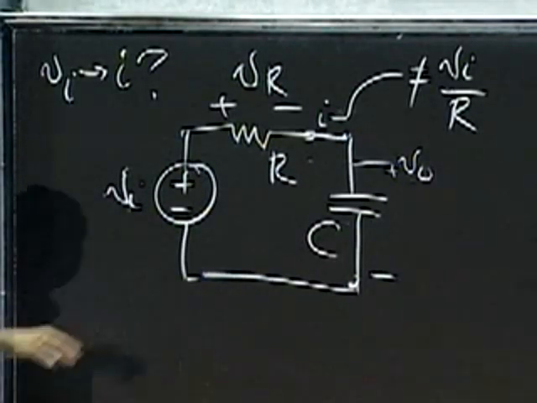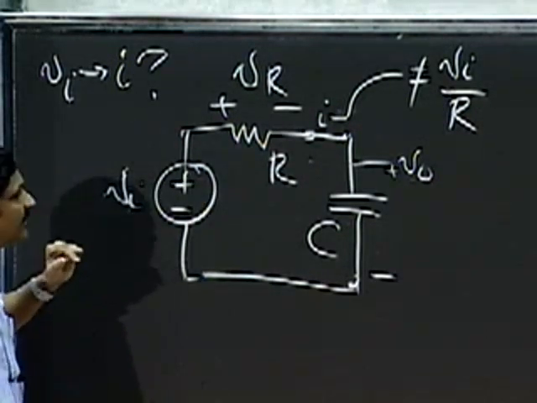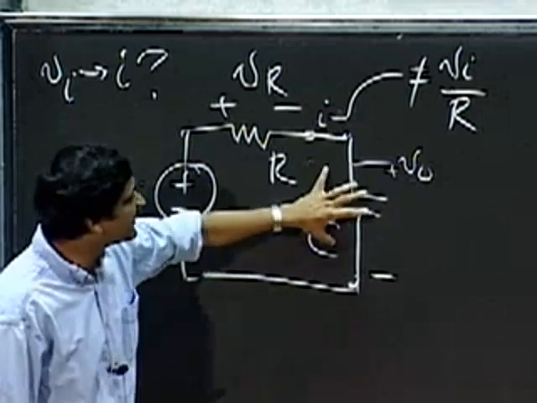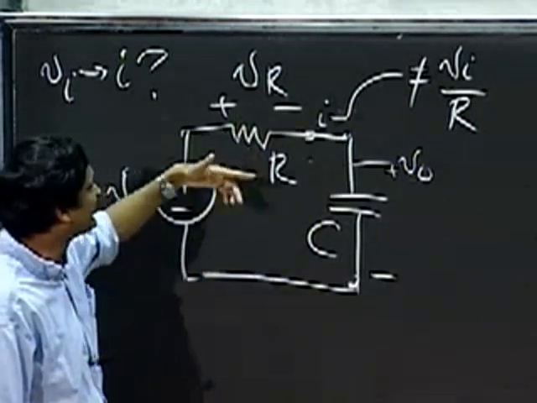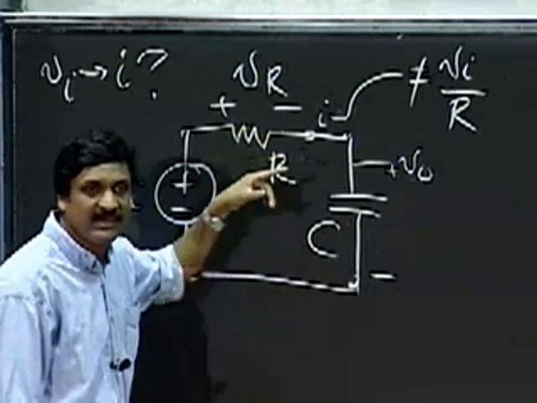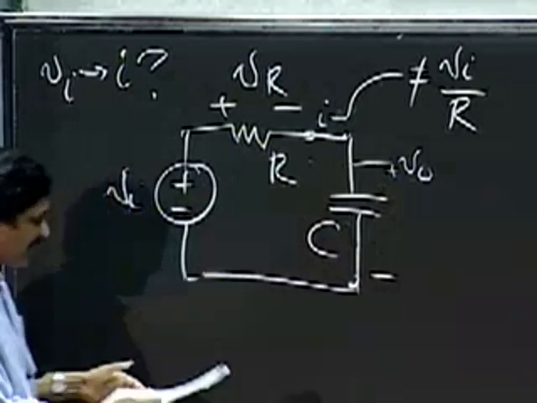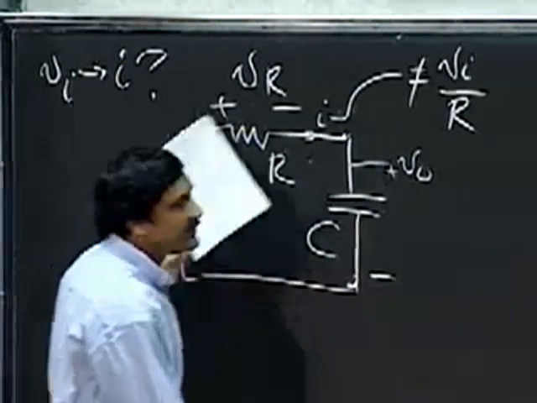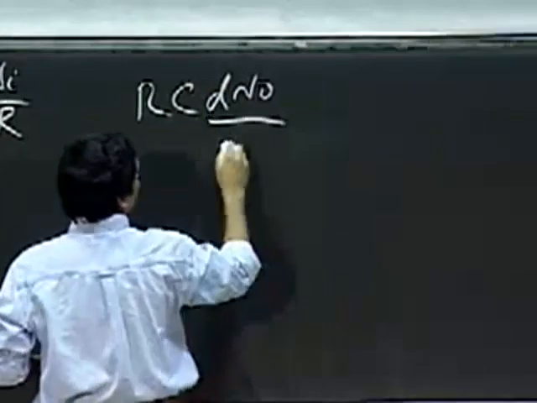But unfortunately, I is not equal to VI divided by R. You know that. I relates to VI minus the capacitor voltage divided by R. So I is not simply VI divided by R for all time, but I is really VI minus the capacitor voltage divided by R. And in fact, when we did RC circuits, you wrote this equation to represent the dynamics of the circuit,